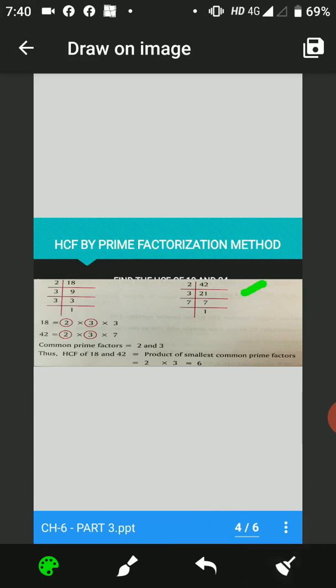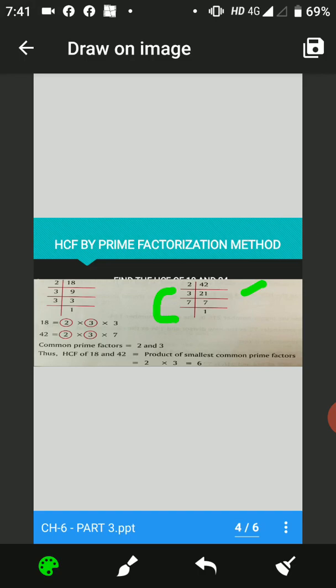Clear? Now 21 comes in which table? 2 table? No, it comes in the 3 table. So 3 7s are 21. So see, I have written down 7. Clear? In whichever position the number is coming, we will write down that number. Then 7 comes in which table? 7. We will never write 1 here because here is the position of prime numbers. Clear? So 7 ones are 7. Clear? Now we will write the factors. Firstly, we write the factors of 18 like 2, 3, 3. Then the factors of 42: 2 into 3 into 7.